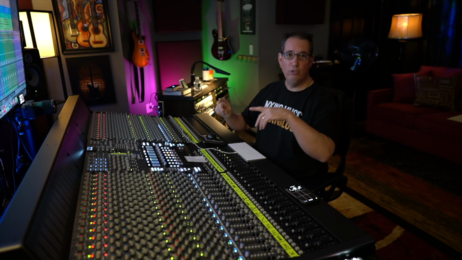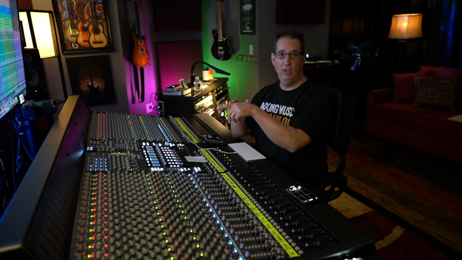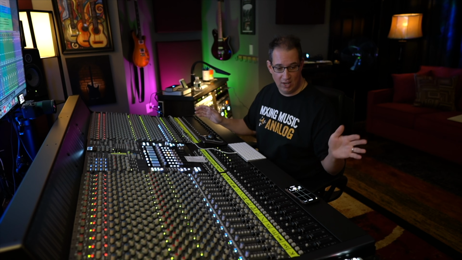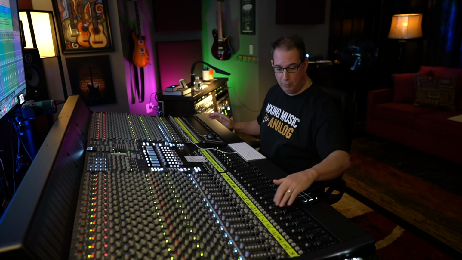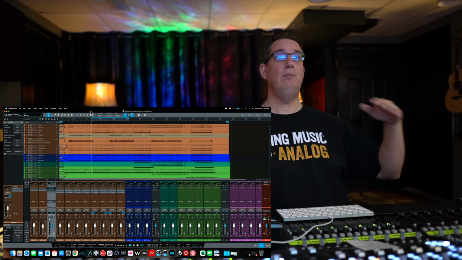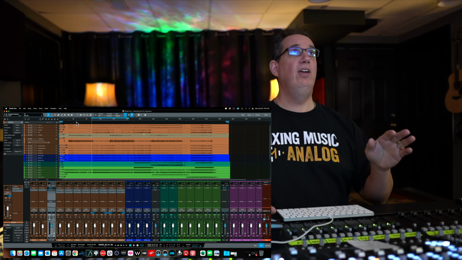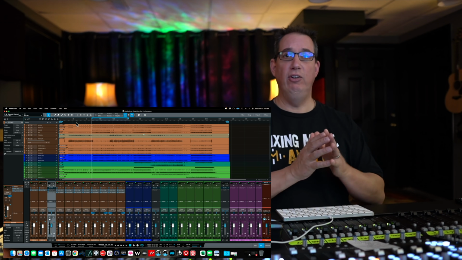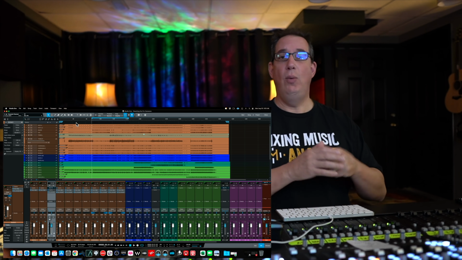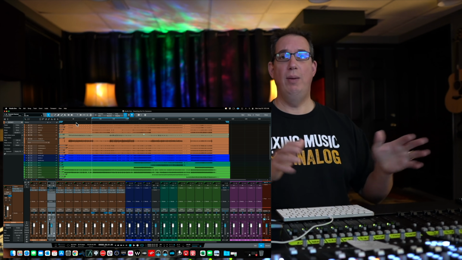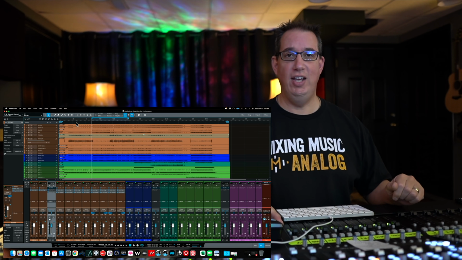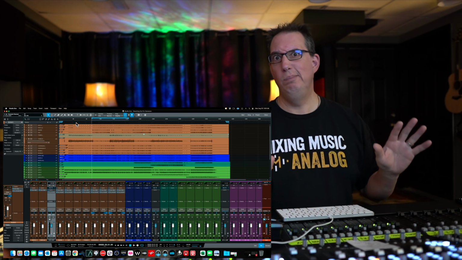So let's first jump over into the DAW, and let me just show you what we got set up here, and then we will go from there. So let me pull all my faders down here. Okay, so here's our DAW, and basically I got a whole session in here, and over the next several videos we'll go ahead and mix this thing, but I just want to do drums for the first video that we're doing on this channel. I just want to do something pretty simple.